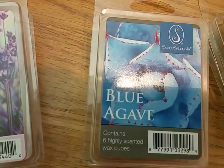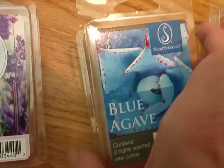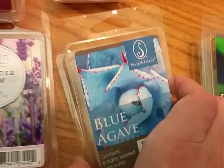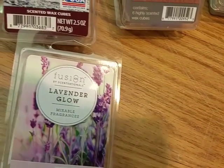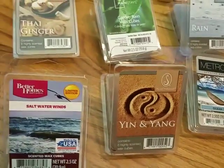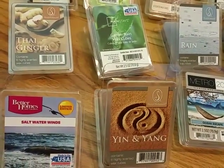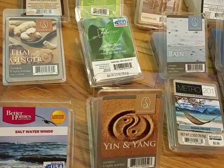Next we have Sensational's Blue Agave. I believe that's how it's pronounced. Not sure what agave is. I believe it's maybe a cactus that you get syrup from. I'm not sure. It smells good. It's sweeter than the rest of these here, but it's still not a watery type scent. Or is it? It's sweet, almost has a little bit of a floral, a little bit of a mossy,